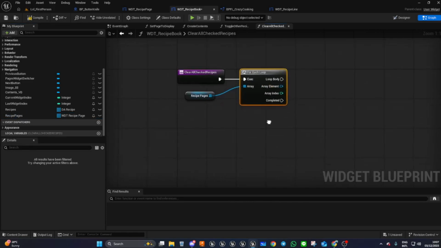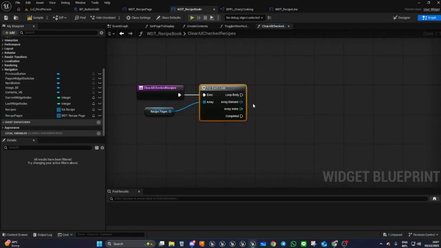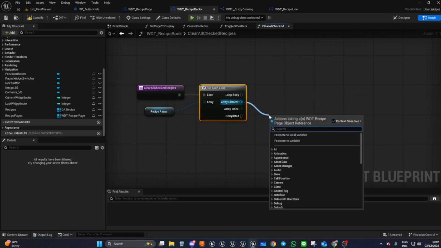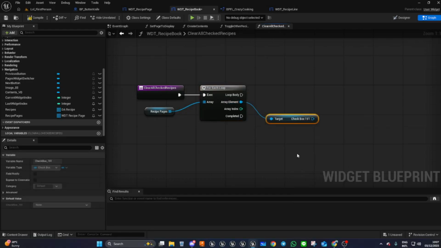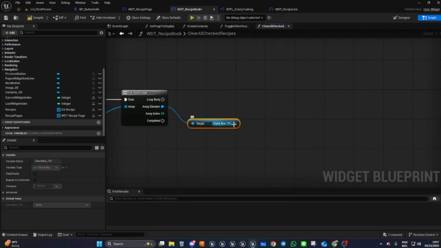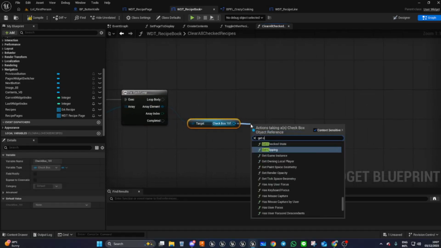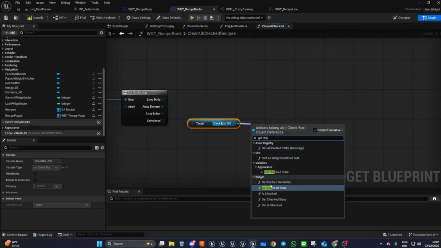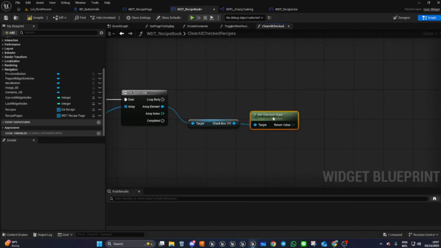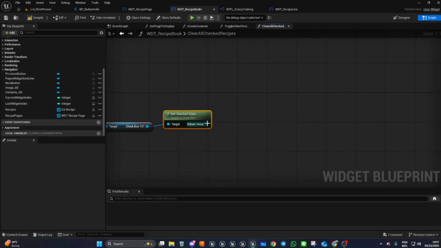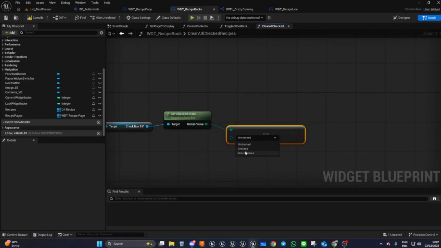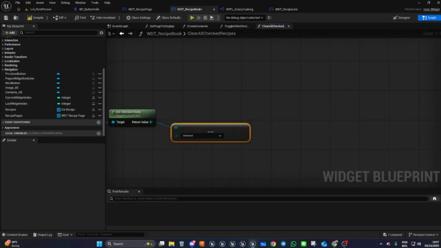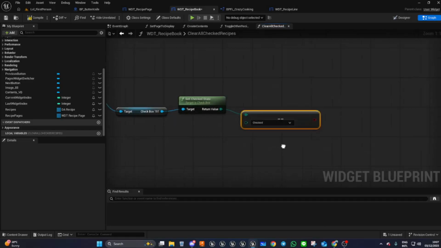Again, you could combine them into one, but let's keep it simple. And we're going to get our checkbox, and we're going to get check state. Okay. And we're going to say, is this equal? Make sure you choose equal enum to checked. If this is true,